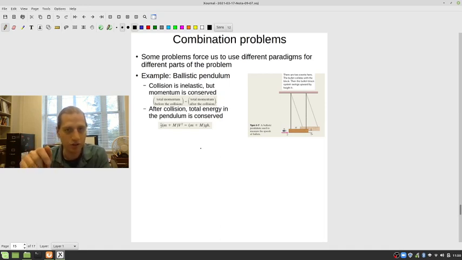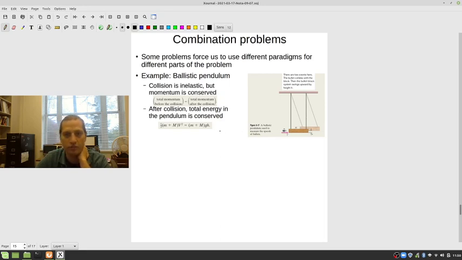But what is conserved is the momentum. So what you say is, at the beginning, I have momentum conservation when